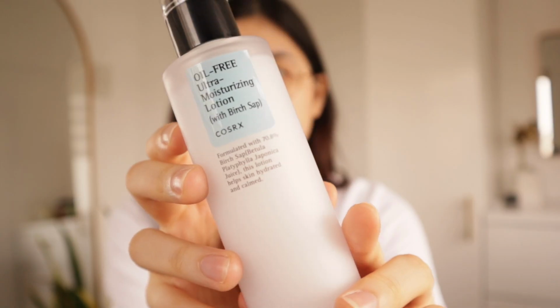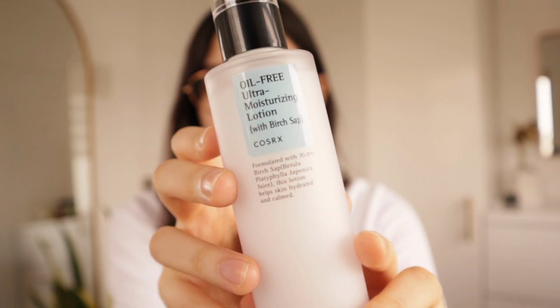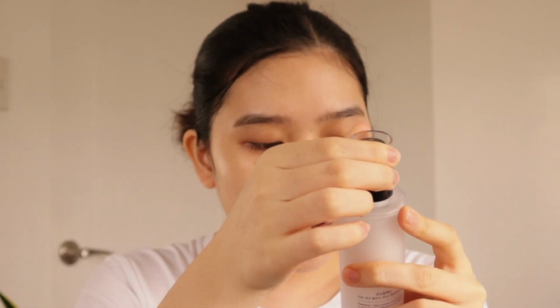And then we go to my moisturizer. This is the COSRX Oil-Free Ultra-Moisturizing Lotion with birch sap. Something, whatever. I also love this. I don't know if it has fragrance in it, because genuinely it smells like those Coca-Cola gummy bears, but not a bear. Gummy Coca-Cola type of things. That's what it smells like. So I just put very little because this does go a long way. And what I love about this is that it is very light. I'm telling you, it is very, very light. And it really does smell like the Coca-Cola gummy thingy by Trolli. So same thing with everything, I just kind of dab them. Sorry, that was